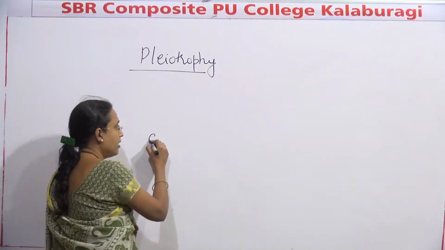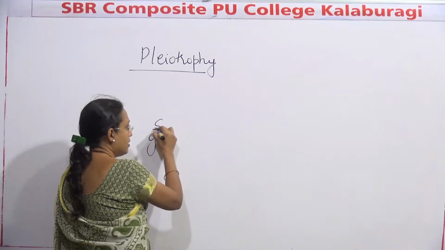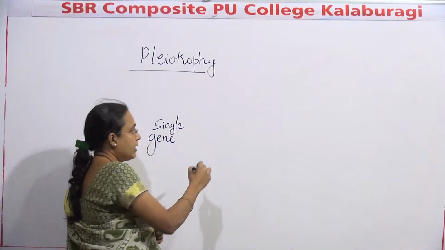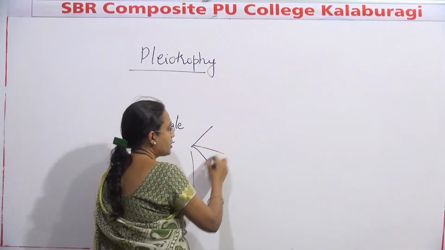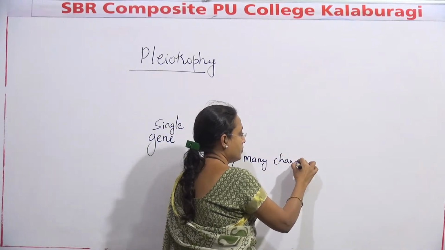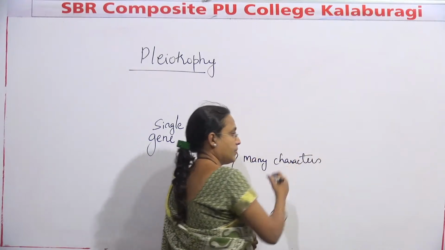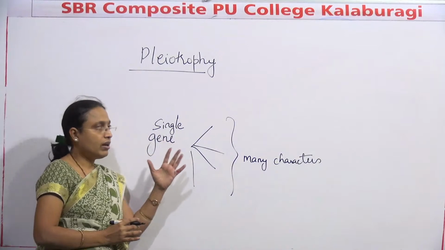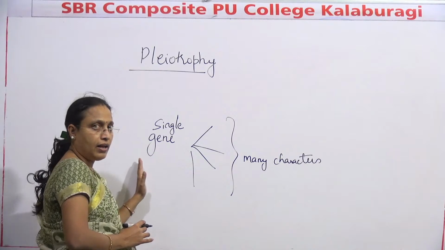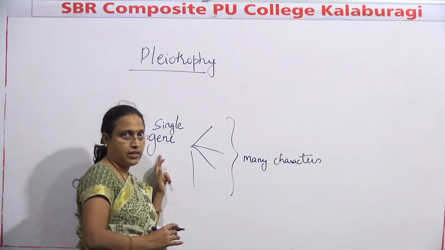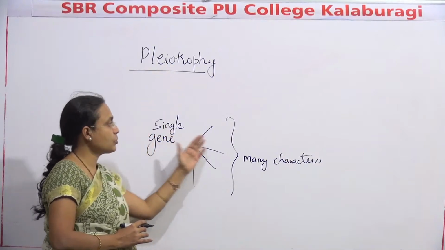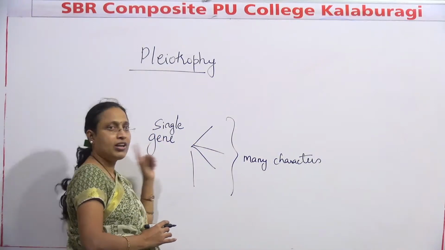It means that there is a single gene and it is going to express many characters. This phenomenon is called pleiotropy, and this gene is called a pleiotropic gene. So pleiotropy is a phenomenon where a single gene expresses many characters, and the gene involved is called